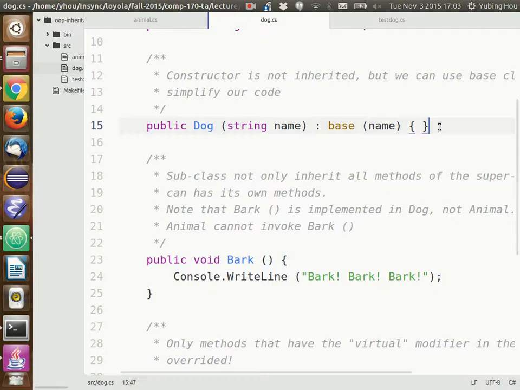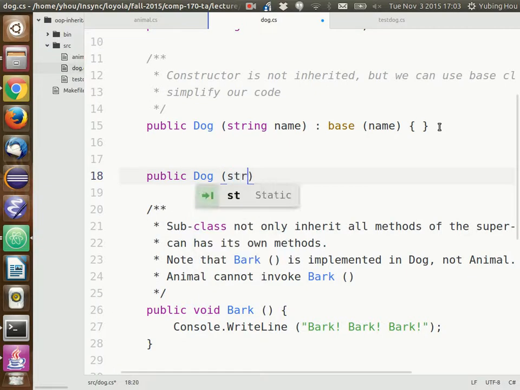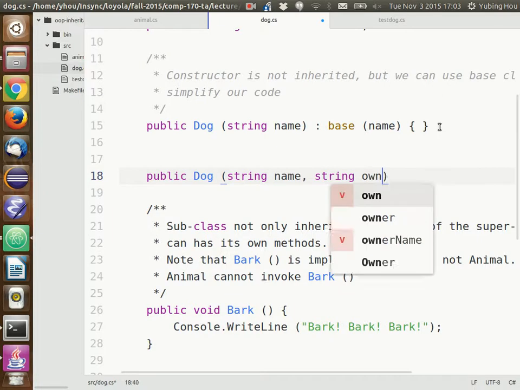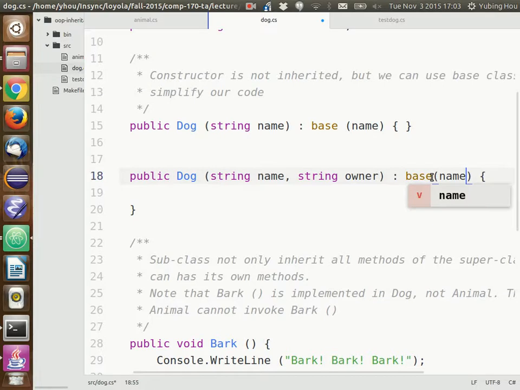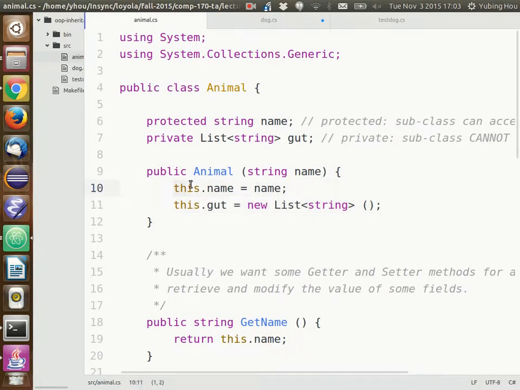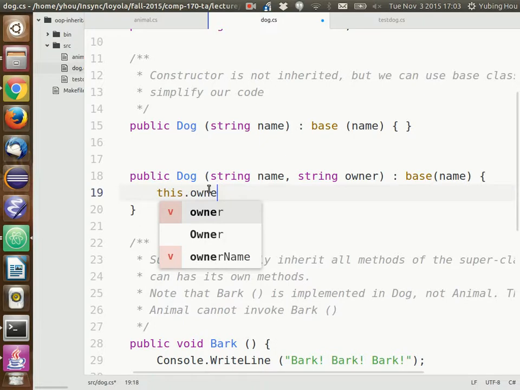Okay, so what we can do, so your owner, right? What we can do is we can have as many constructors as you want, as long as they have different parameters: string name and string owner. What I would do is use the base name to initialize the name of the dog and the gut. And then because I have this owner information here, I will need to say this owner